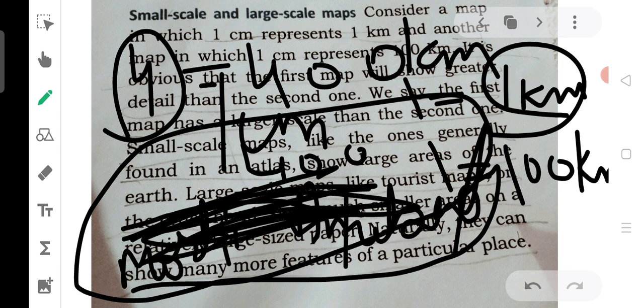But we will always take the scale as 1 centimeter equals 100 kilometers.